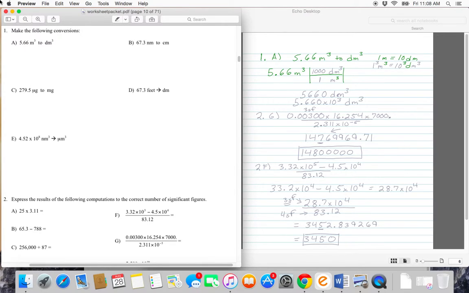We know that meters cubed is going to be on the bottom, and decimeters cubed is going to be on the top, because we are canceling out the unit that we are moving away from and leaving us with a unit of interest. Very important to note here, when you are dealing with derived units and units that have exponents on them, you must also do the same exponential operation to the numbers associated with the conversion factor,